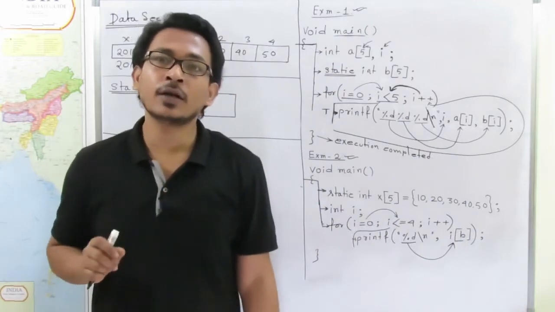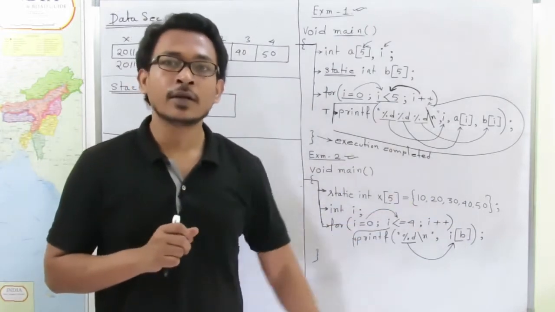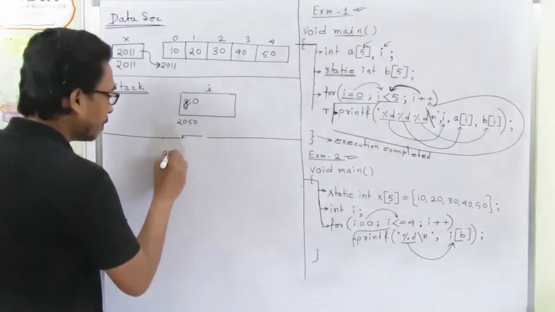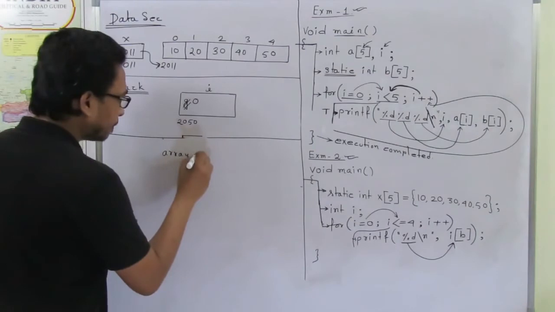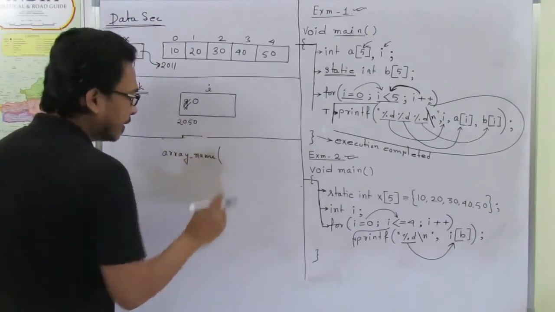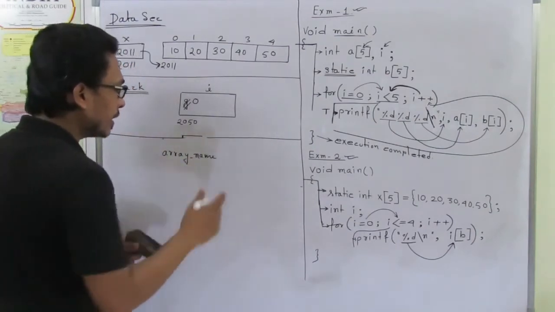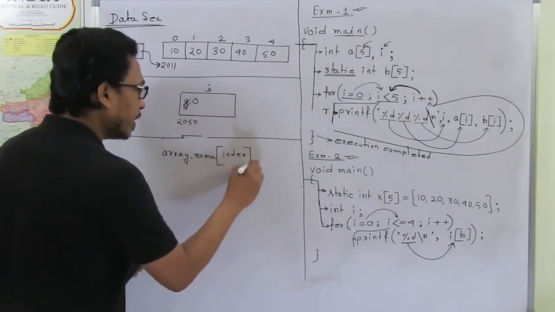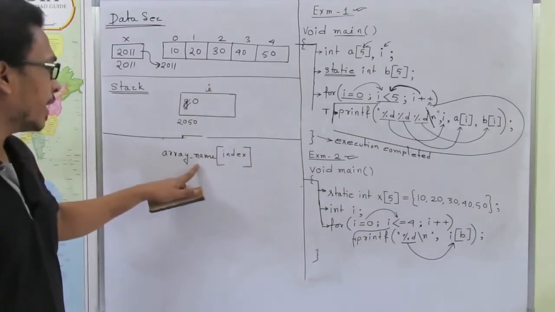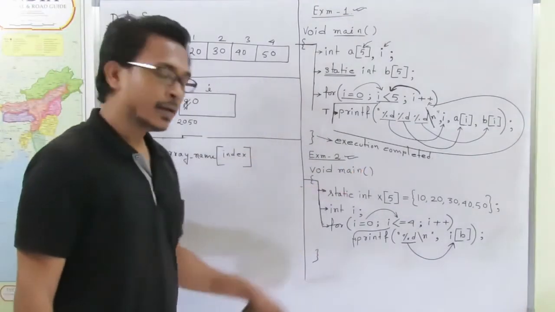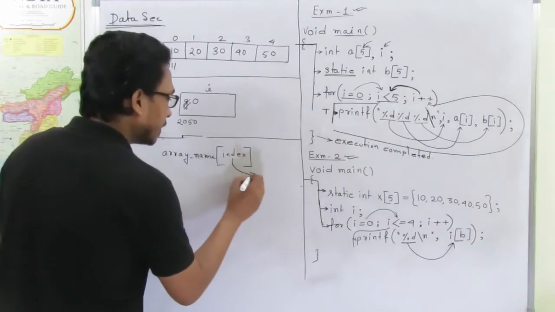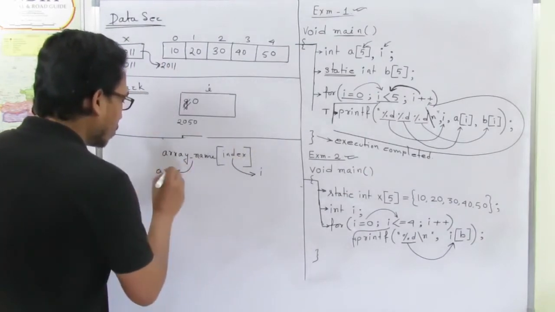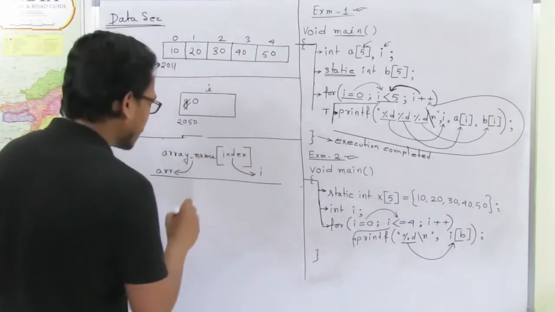So how will the system take care of this particular instruction? Look here. Generally, what do we give? We give the array name, and then within the subscript operator we use the index of the element, which element from this particular array we want to access. Clear? So now let's consider the index is I and the array name is ARR. So what will the instruction be here? The instruction will be